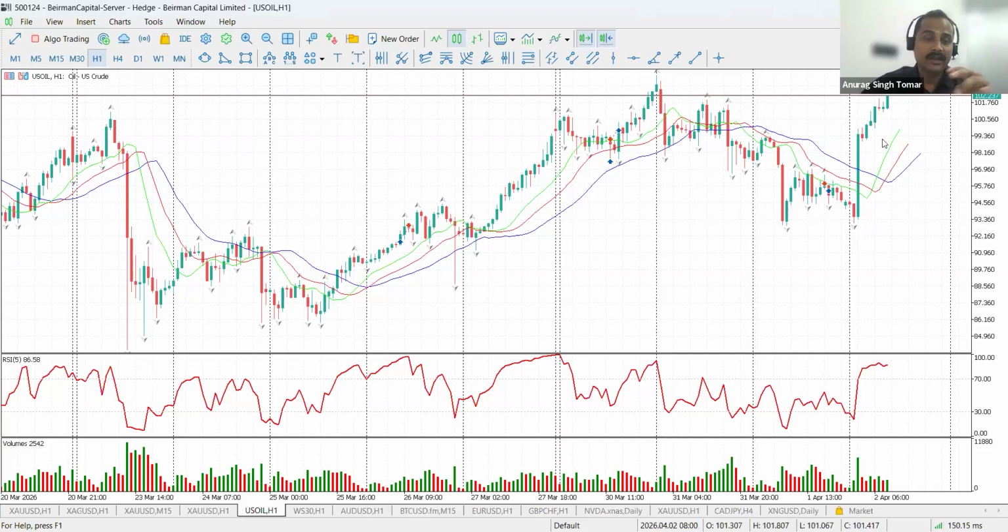Trump is saying that within 2, 3 weeks everything will be settled. Oil prices should go down. Even the Bloomberg analysts have quoted that soon we'll find oil prices below the 52 mark, 52 dollars a barrel, and right now it is trading at 102. So this is called the anchor effect. Don't get trapped in the news. Follow someone who understands the news, who gives you the right interpretation of the market.